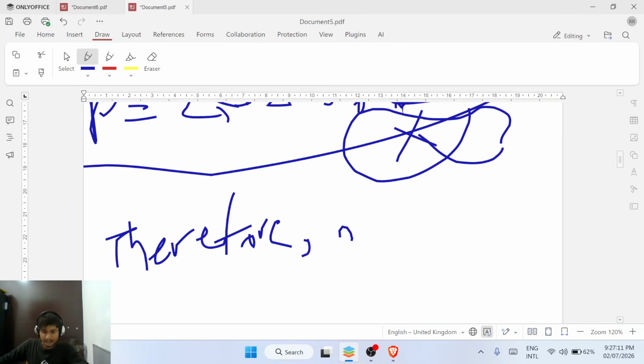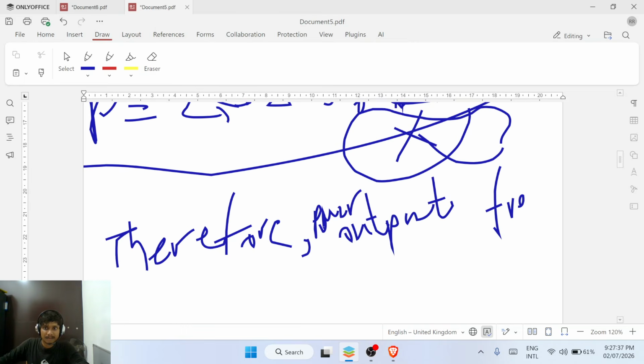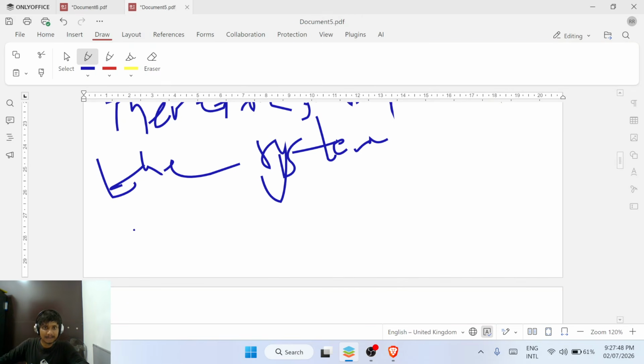If you write like this, it will be very useful, and you may impress your examiner. Therefore, the power output from the system is equal to